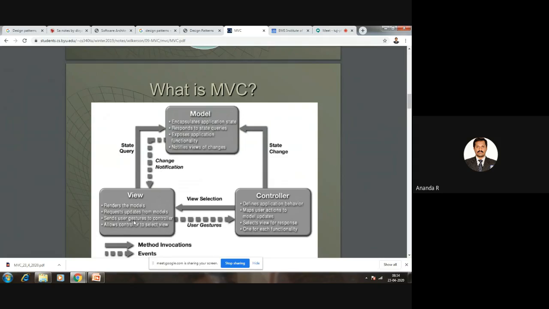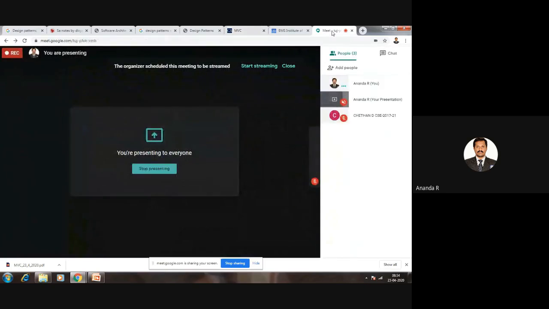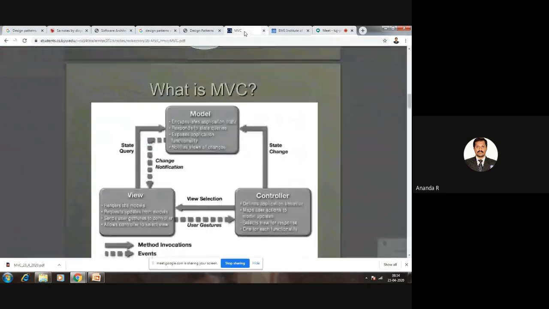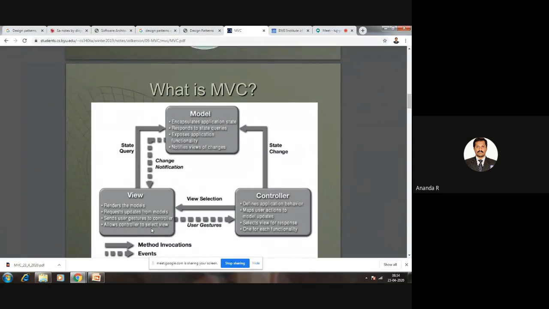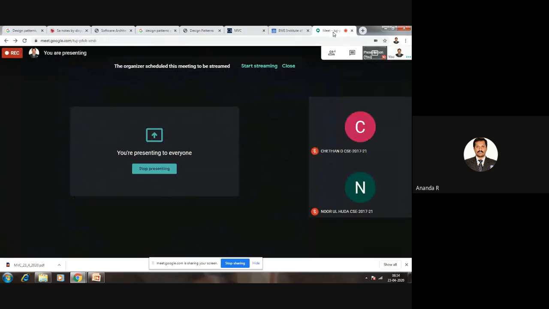It sends user gestures to the controller. If the end user uses some kind of gestures or gives some kind of inputs, all this is communicated to the controller, and it allows the controller to select the view. So the controller is allowed to select.